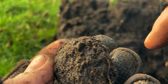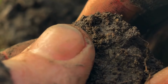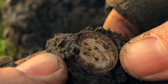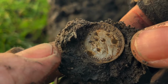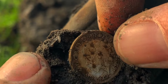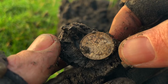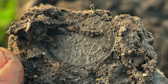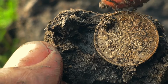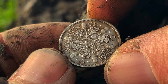And I don't know if you can see it on the camera there, I can see a milled edge. And it is silver. Silver milled. Fresh out of the clod. Charged the 5th. Sixpence. 1936. There's the imprint. So yeah, the third hole, nice bit of silver, lovely coin, lovely detail,